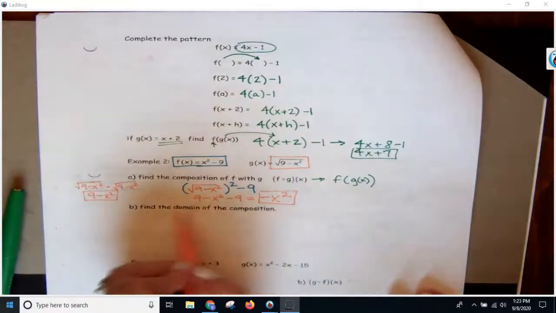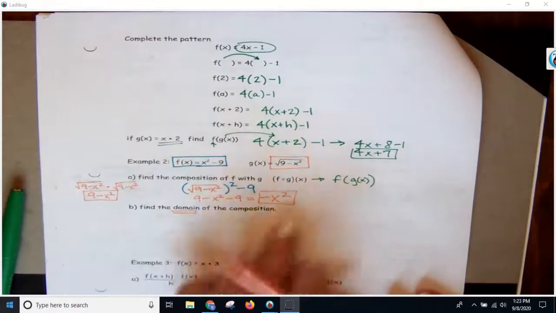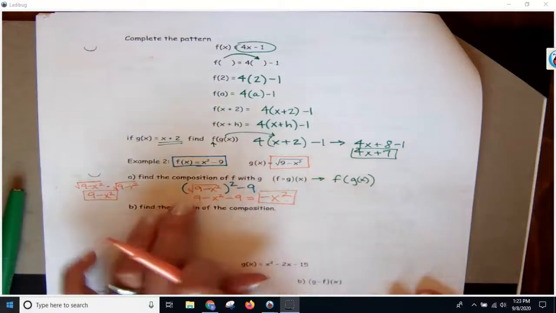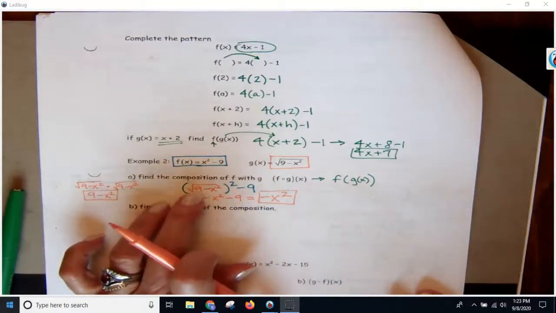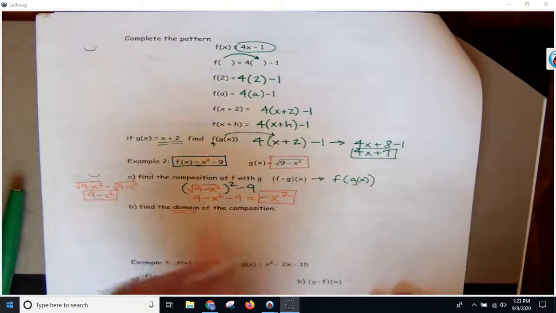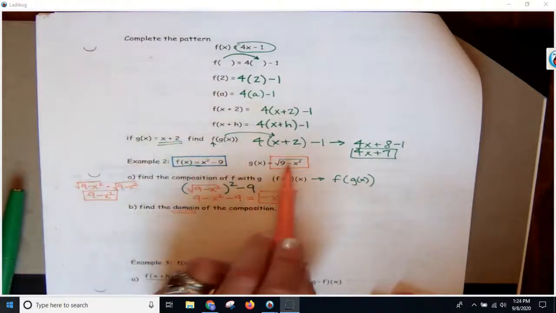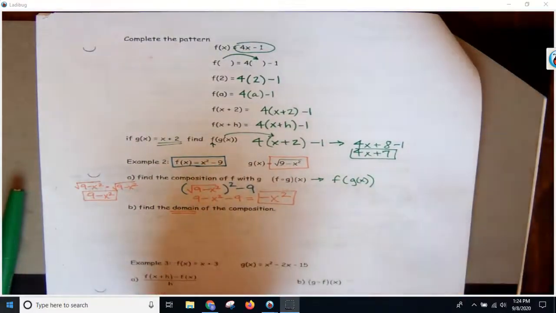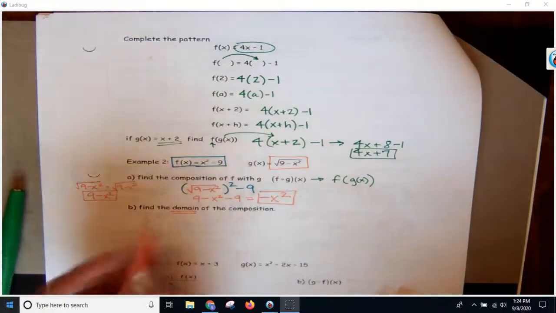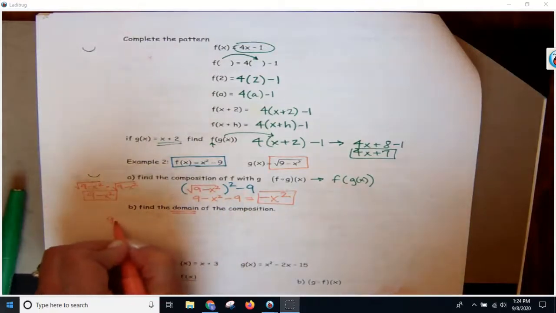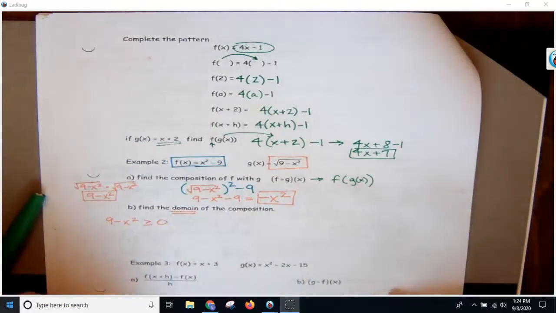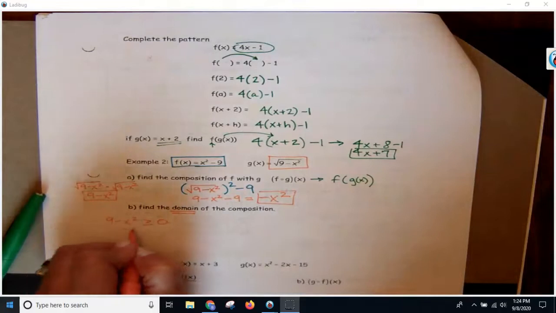What is the domain of the composition? Well, if I'm looking just at this, I would say all real numbers. But you have to keep in mind that it had to go through this first. It could never have gotten here had it not gone through this first. So you have to actually think of the domain of everything that it goes through. So my domain here is all real numbers. My domain here is that 9 minus x squared has to be greater than or equal to 0. So when I solve that, I get